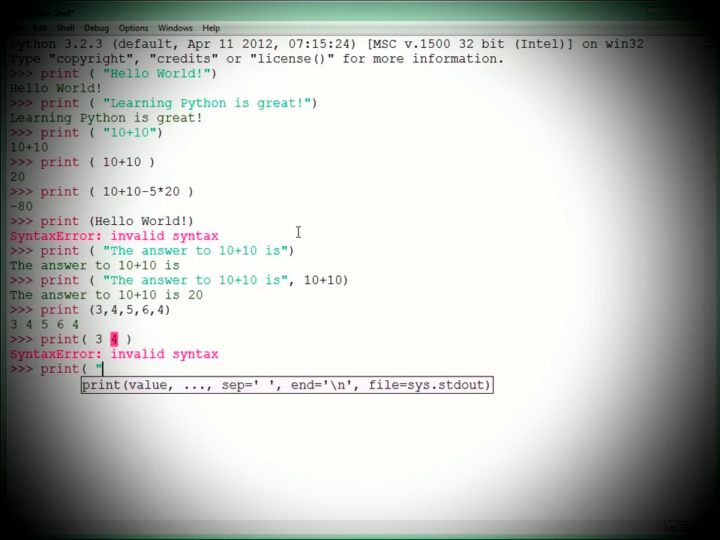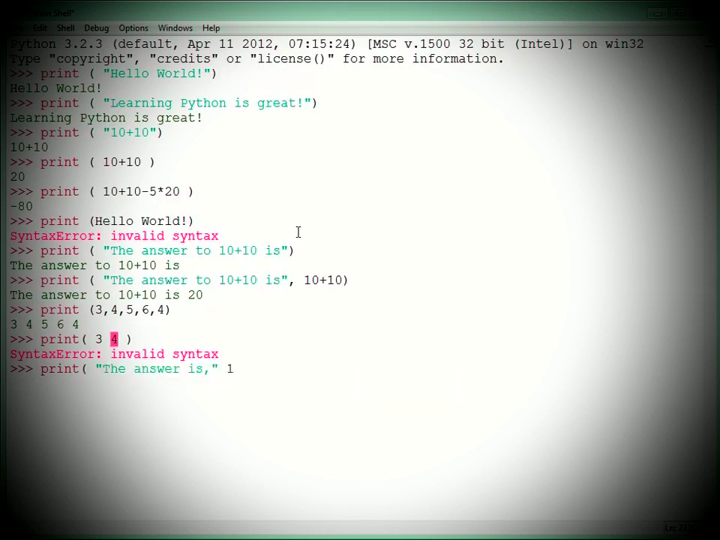A common mistake is to do something like this. In this case, I get the syntax error. I do have a comma, but that comma is inside the double quotes, and the computer interprets that as something you want to print out, not something that's separating all the different things that I want to print out. I need to have that comma outside the double quotes. In this case, it prints out the answer is comma. Then the second comma counts as what is separating the different things that I'm printing out,